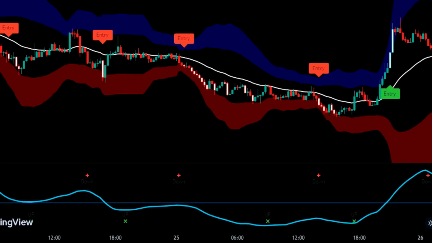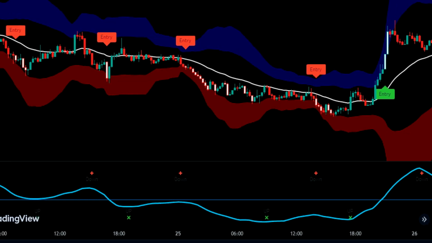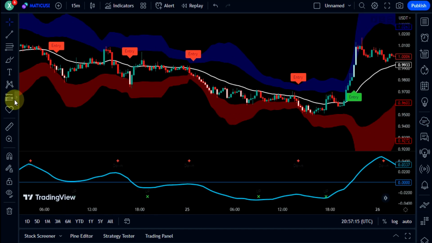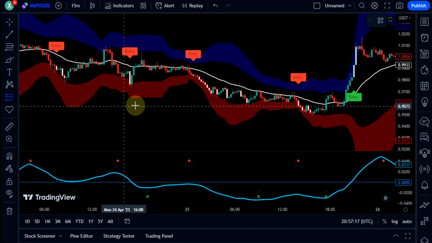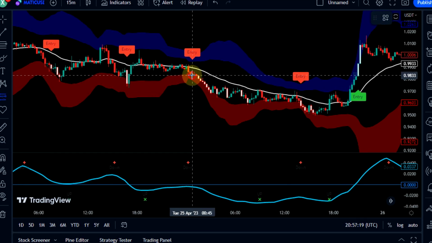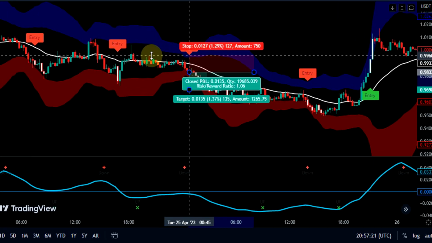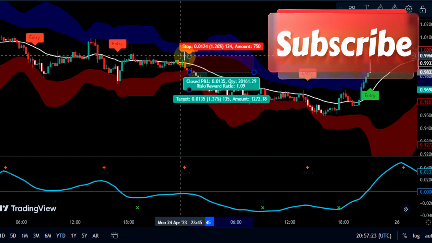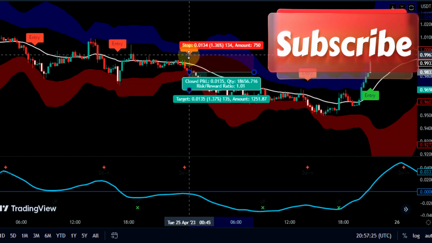The second condition is that after the first condition is established, the price crosses the middle line in the zone band indicator from the top to the bottom, a maximum of 5 candles before or after. Then we can enter the sell position. We place the stop loss above the previous resistance and exit the trade with a target of 1.5.